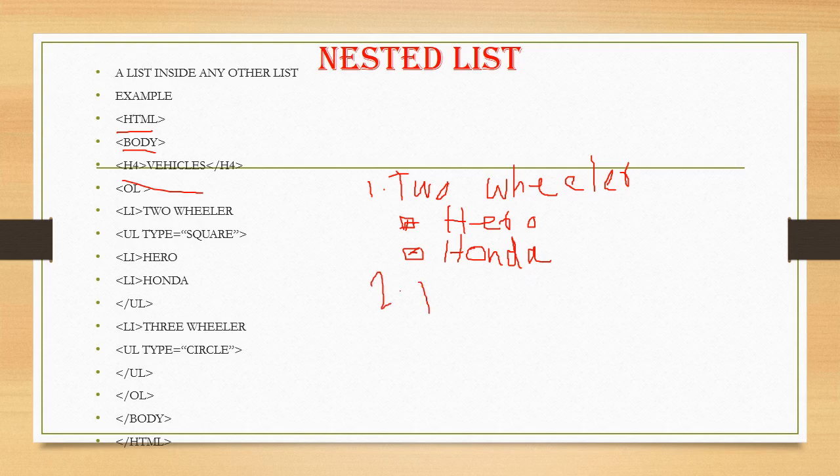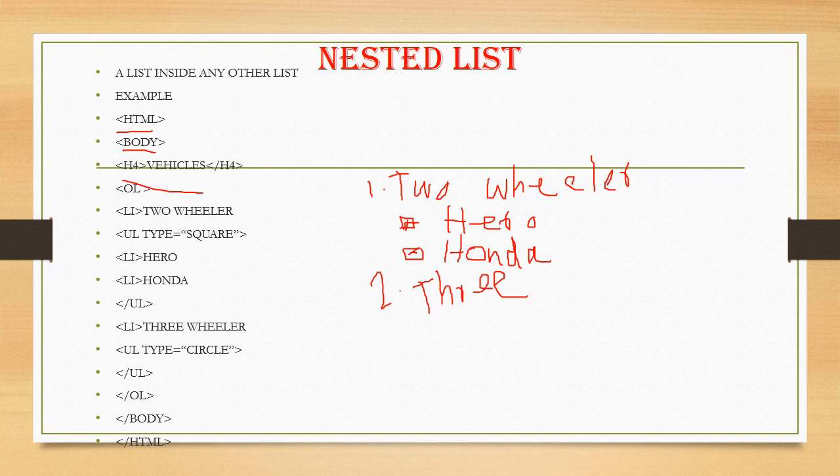Two, what is it? Three-wheeler. We will write three-wheeler. So that it continues. Next type of it is what? Circle. And inside it, if I want auto rickshaw, I can write auto rickshaw. I have not specified anything more here because it's a small one, so I just skip the program. We can have auto rickshaw. Then I close the UL, and since only that much is wanted, I'll close the OL also. UL closed, then OL closed, then body closed, HTML closed.